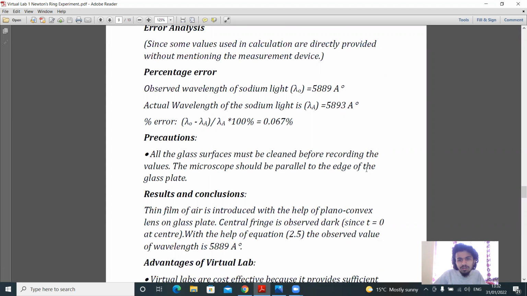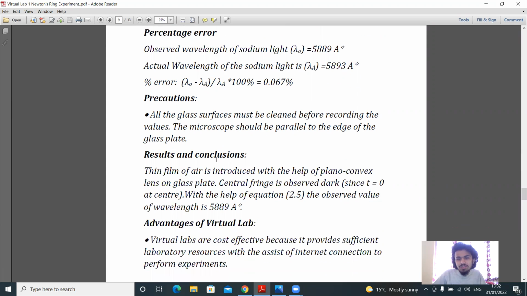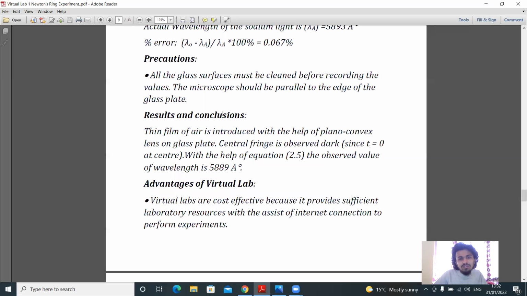The microscope should be parallel to the edge of the glass plate. The reading on that Vernier scale must be taken very carefully in our special experiment. Result and conclusion: